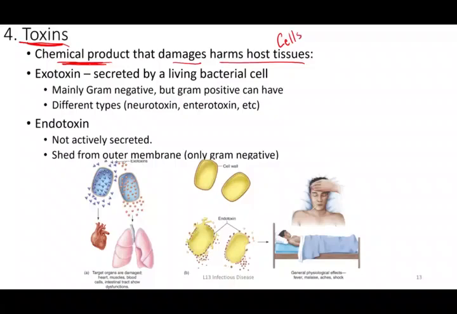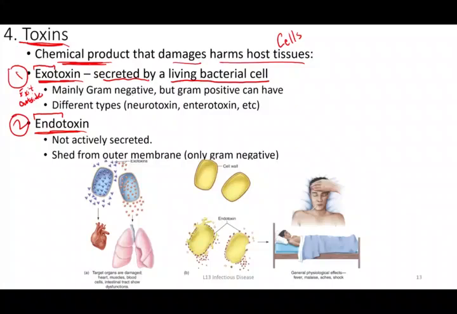And there are two types of toxins: an exotoxin and endotoxin. So notice these are really similar to one another, and so you really want to make sure you learn the difference between them. But again, we see this prefix that's going to differentiate them. So exo is again exit or outside. And so what an exotoxin is, it is a chemical product that's made by a bacterial cell. So a living bacterial cell makes this, but then it releases it outside of itself. And so the action is going to be outside of the cell.